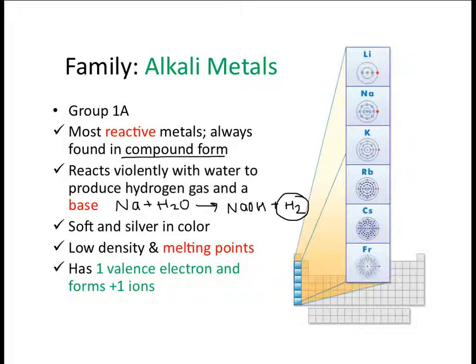You can actually cut them with a butter knife, and they are all silver in color. Because they are so soft, that gives them low density. They have low melting points. It's very easy to get the solid to convert to a liquid. And every one has one valence electron, and by losing that one valence electron, it can form a positive 1